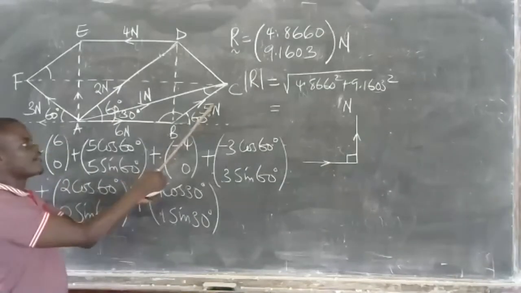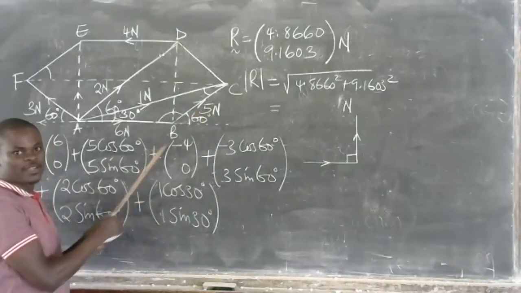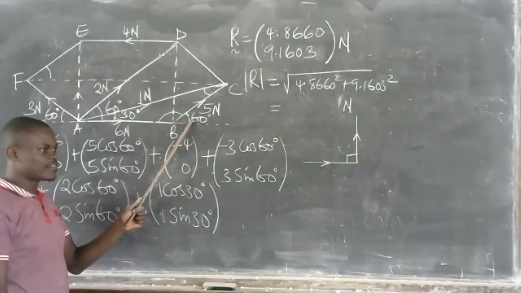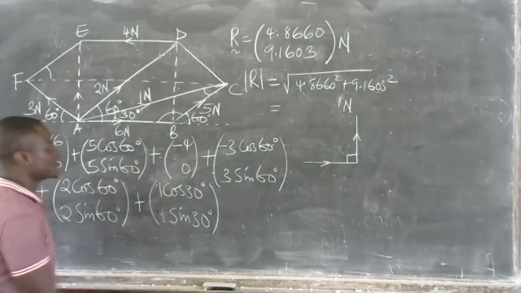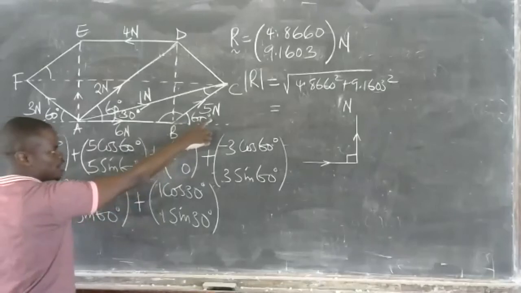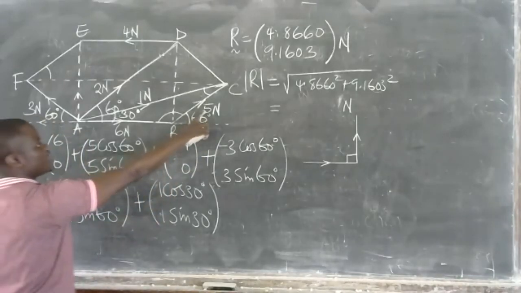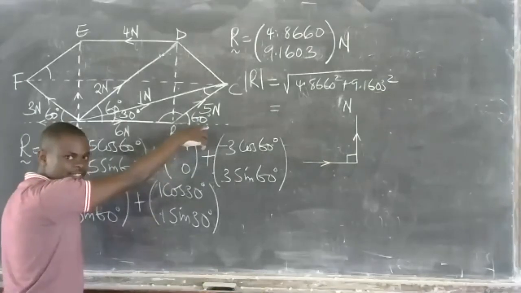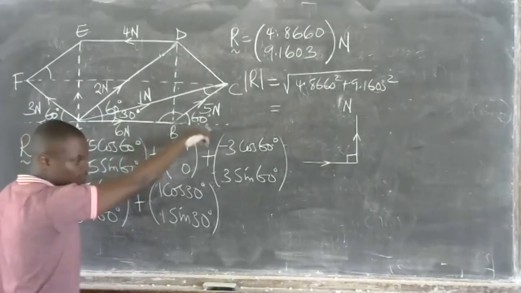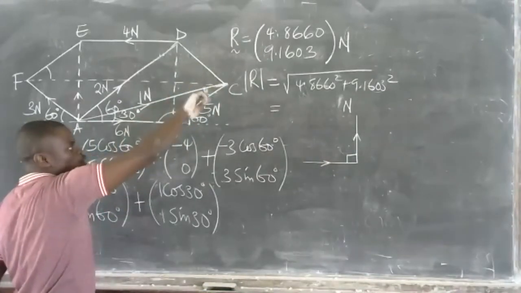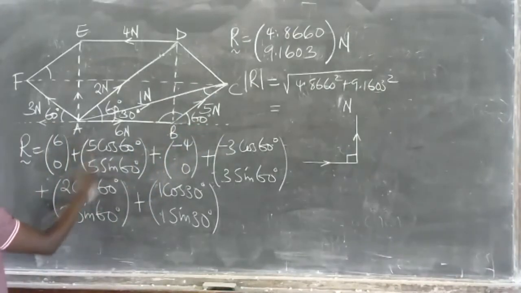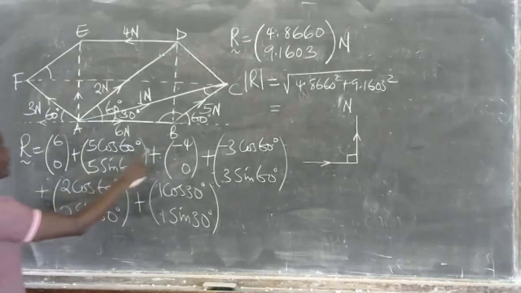Plus, we have the 5 newtons force, which is acting along BC and making an exterior angle of 60 degrees to the horizontal. So to resolve the 5 newtons force, we use this angle it makes with the horizontal, 60 degrees. So it will be 5 cos 60 degrees, then 5 sine 60 degrees. They are both positive because the force is moving out of point B. The components are facing the positive directions. 5 cos 60, 5 sine 60. Plus,